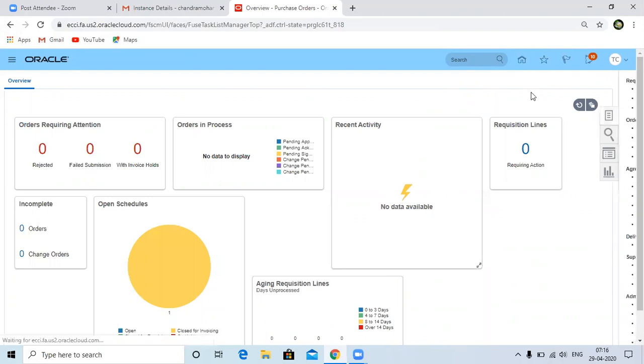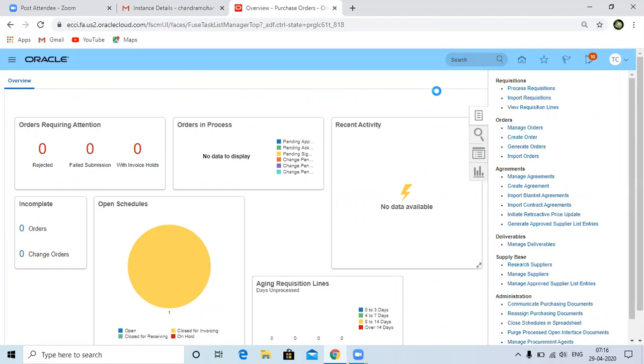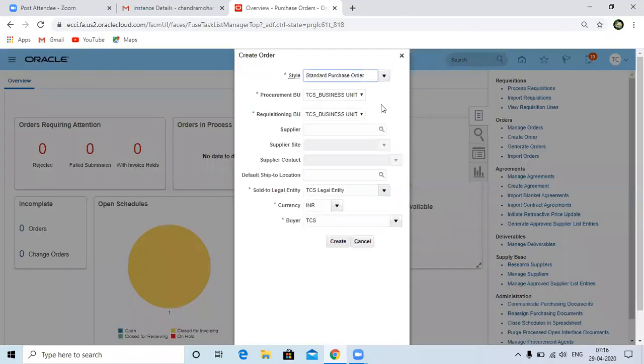Go to the navigator task panel and click on create order. So this is a standard purchase order. The procurement BU and requisition BU are the same, which is defaulting. Select the supplier which you want to use, and we are using the TCS supplier. The remaining information is defaulting. Let's leave it and click on create.